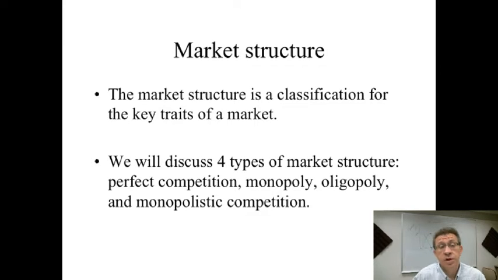We look at competitive markets first, but there are three other market structures that we'll be studying in this course. Monopoly, which is the other extreme, right? Perfect competition, as we're going to see, is really kind of an extreme market structure. Monopoly is the opposite extreme. Oligopoly and monopolistic competition are the other two. Those are more in-between market structures, right? So not perfectly competitive, but not a monopoly.